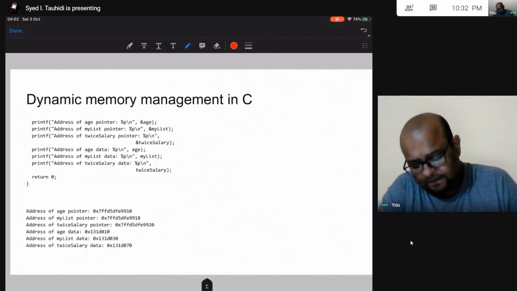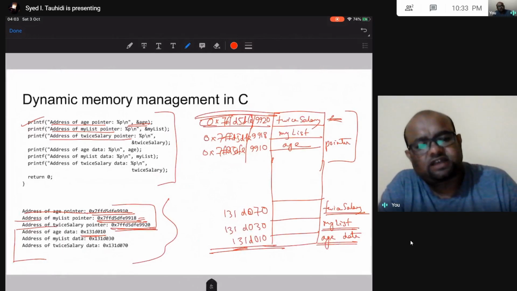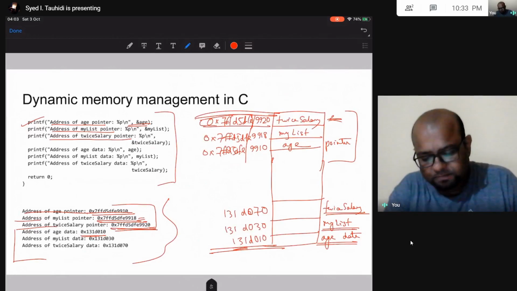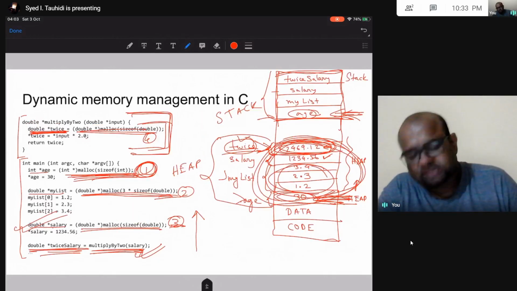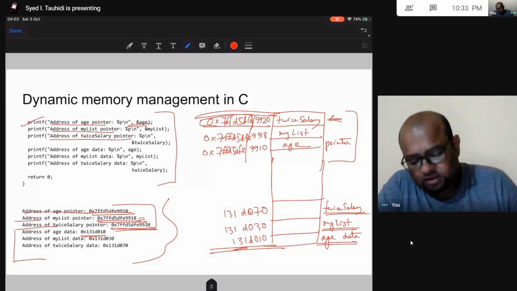Then in this slide we continued the last program. We printed the addresses and saw for ourselves that the things that we discussed in the last slide are actually true. Okay.